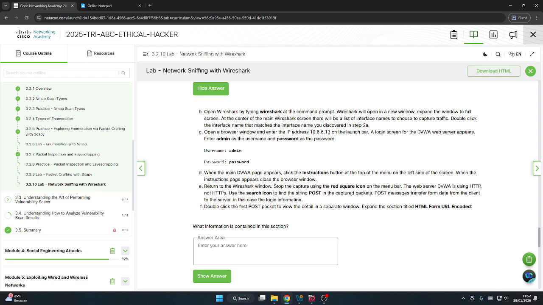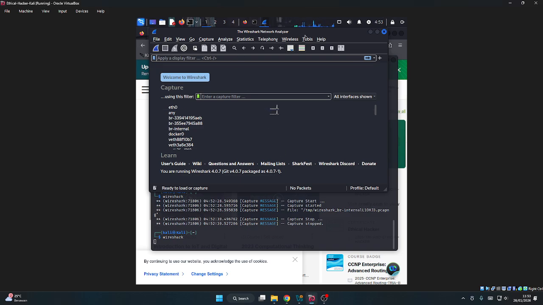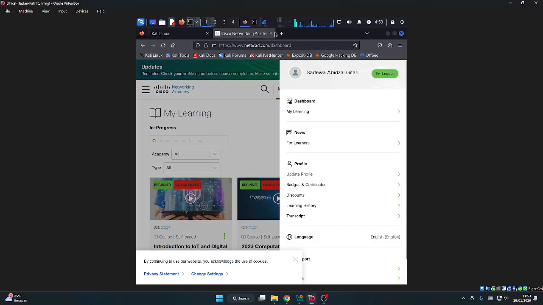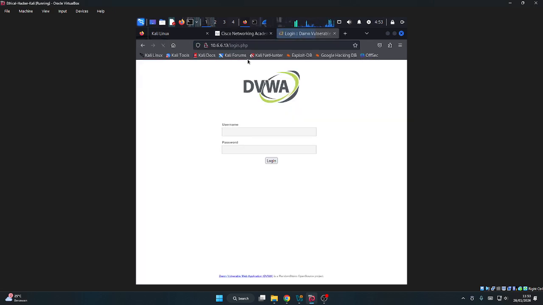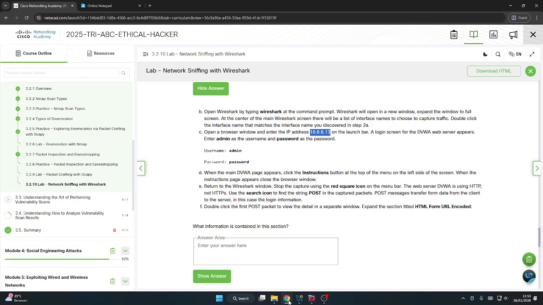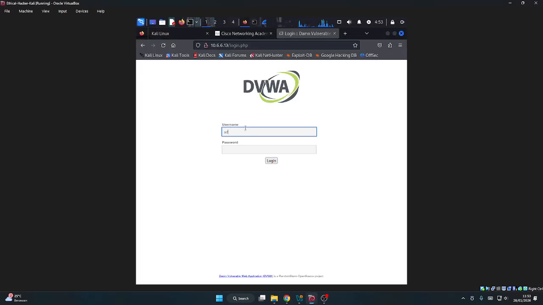Enter the IP address 10.6.13 in the launch bar. We'll try that. The password is admin.